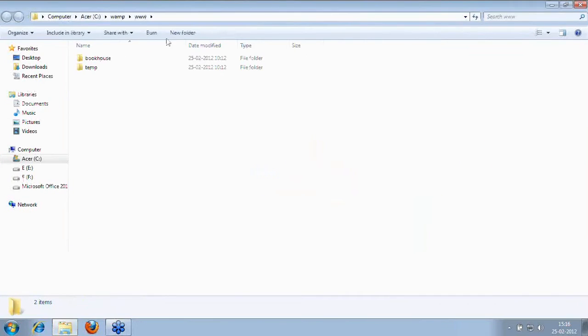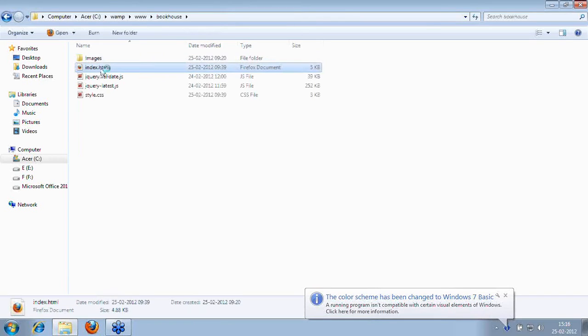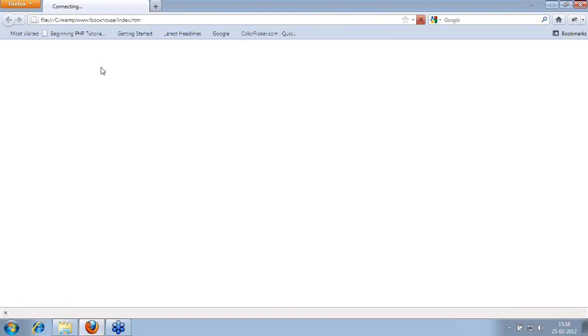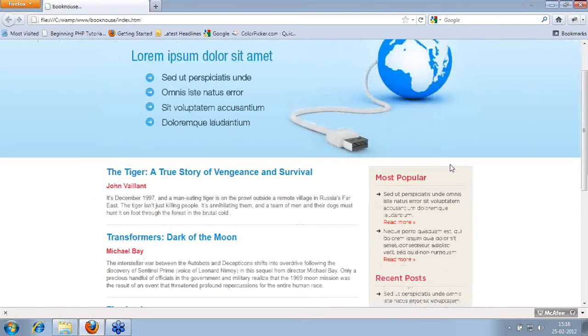I'm having an editor. You can use any editor. As I said, Notepad, WordPad. I'm having a PHP based editor, so I'll be using that. As I said, I'll just show you my HTML page because you need some basic HTML and JavaScript knowledge for creating the web application. So this is my HTML page.